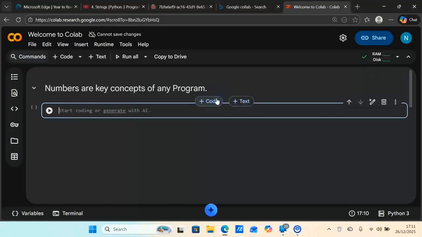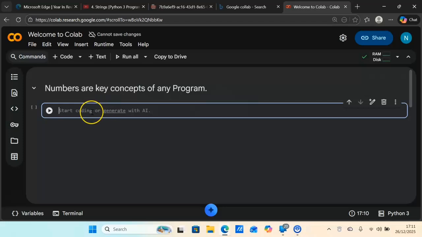Talking about numbers in Python. Numbers are key concepts of any program. I can't think of any software program that doesn't use numbers. In Python, you can use the Python programming language as a calculator to solve problems that you come across. Let me demonstrate this by solving simple math problems with mathematical